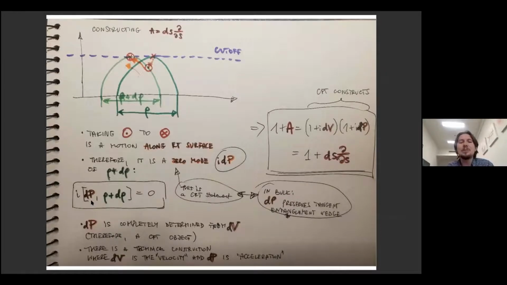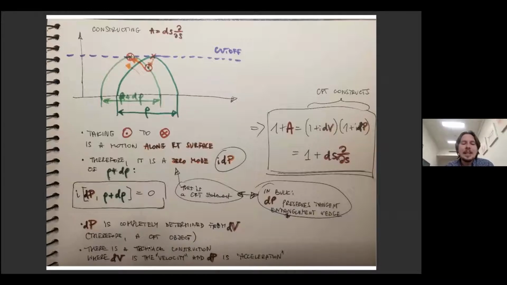The statement that I want to convey to you right now is not about how to construct it. I just want to tell you that it is completely determined from DV, and therefore it is a CFT object. A key thing that I wanted was for my construction of the state to be purely a CFT construction without any bulk input. DV from the previous slide was entirely defined in the CFT, and DP is an object derived from it, therefore it is also entirely a CFT object.